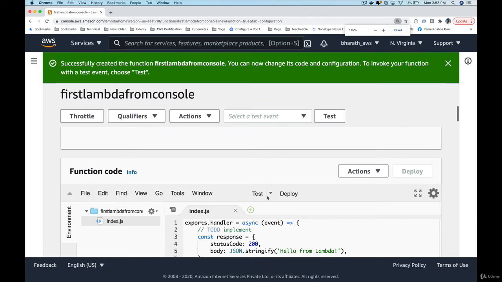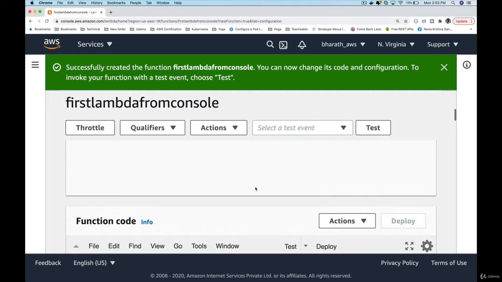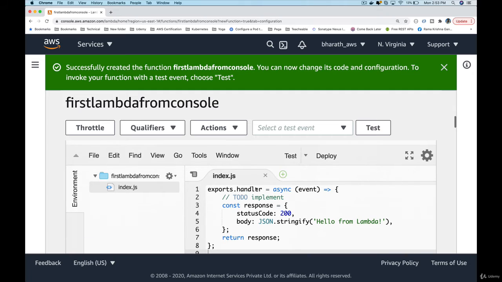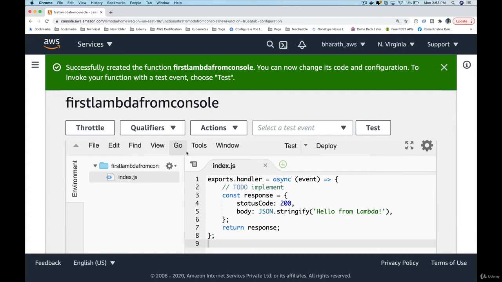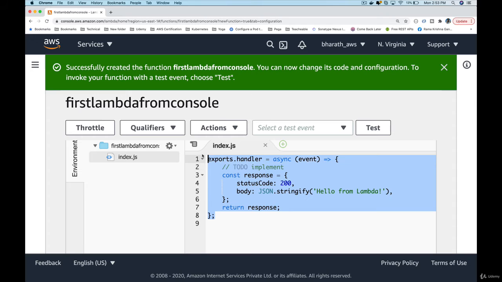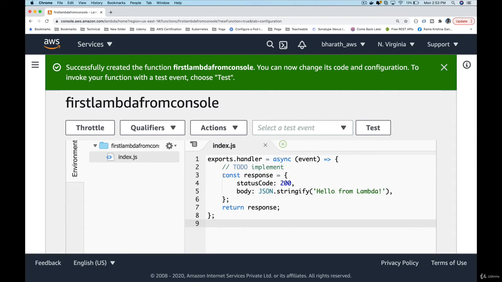This is the reason I picked Node.js. We can edit our function code right here in the browser window. See this, there is a beautiful editor that is available, and this is the default code that got added to the index.js file. There is an asynchronous function, and all this function returns is this constant value response we are defining. The JSON has status code 200 and a string which is a constant, which will go back for the body key. This function receives an event, but it doesn't do anything with the event. It simply returns a static response back.